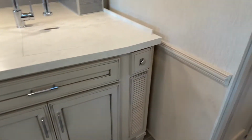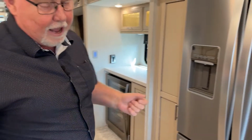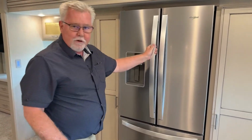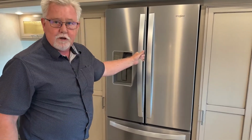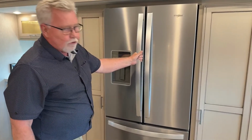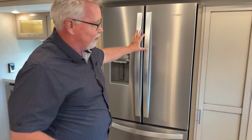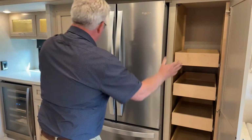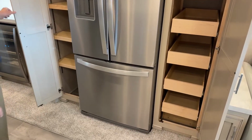Now, across from your kitchen is your refrigerator, and this is circling back to those cabinets that we saw underneath. The standard refrigerator for a Ventana in 2023 was a 10 cubic foot propane electric, your camp style refrigerator. The previous owner of this wanted a residential refrigerator, so we customized this a little bit. We took out one of the storage and pantry areas to accommodate this refrigerator. You still get a nice pantry over here